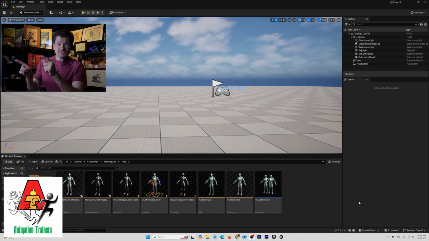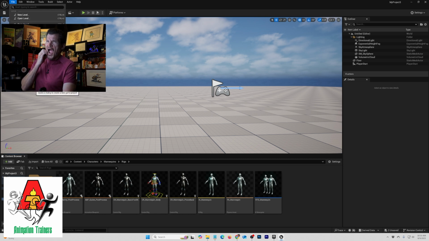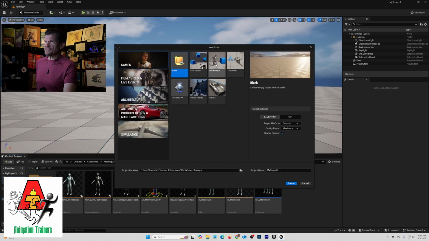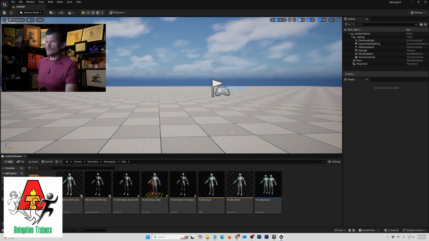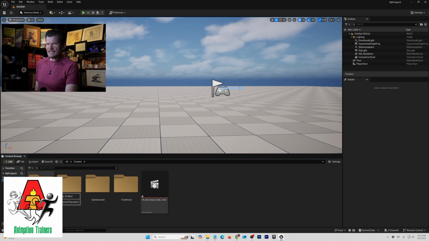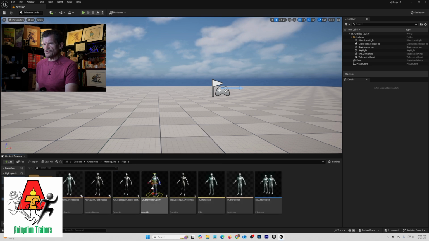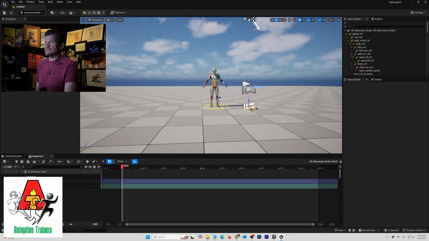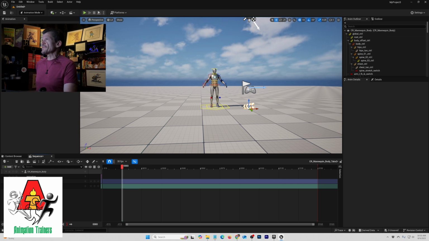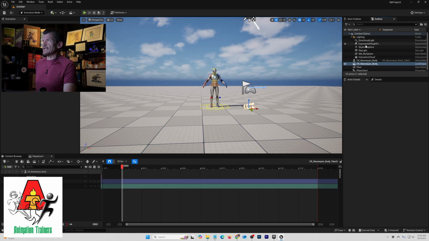So I've got Unreal Engine 5 open here, as you can see. And if you go to File, New Project, and select under Games Third Person and Create, this is going to create this environment for you. And if you go under Content and Characters and then Mannequins and Rigs and then to Control Rig Mannequin Body, I'm going to drag that up here, and once it's placed, you'll see that it automatically creates both an animation outliner in which I'm able to select the individual controls, as well as the character now appears in the outliner